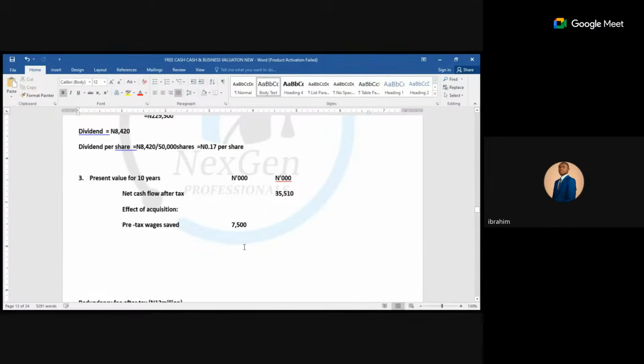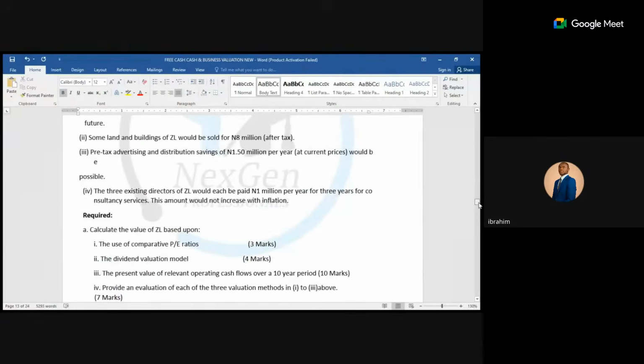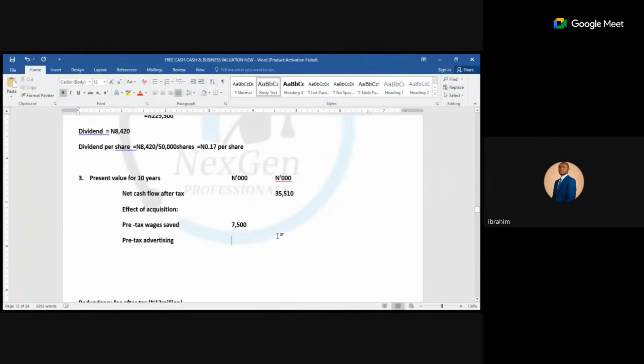So there are two approaches to this question though. Pre-tax advertising. So what is the figure? Pre-tax. So are they going to save this as well? Is it savings? Okay, it's also saving. Pre-tax advertising, you know, it becomes an inflow, right? With pre-tax advertising. Okay, let's say savings